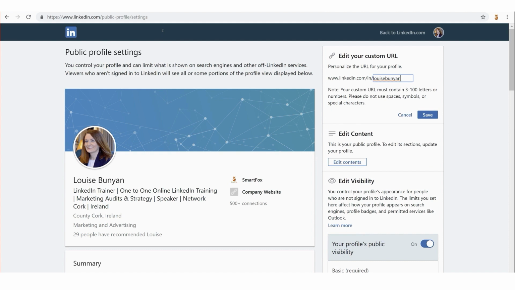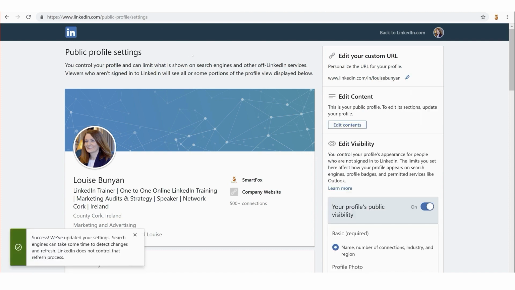And then sometimes what people might do, if they can't get a custom or a unique URL, is put in a little underscore and then their industry. So for example, you could type in Louise Bunyan _marketing or _engineer or whatever it is. So you make your change and then you hit save.